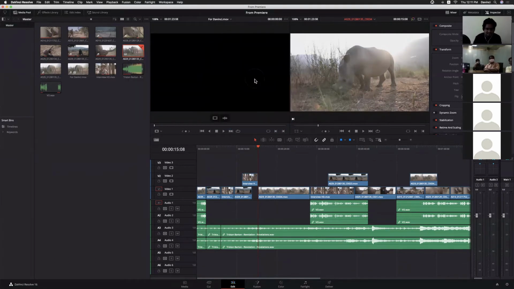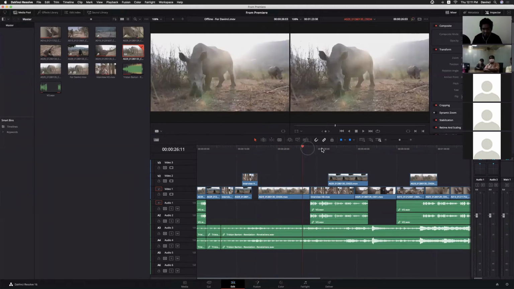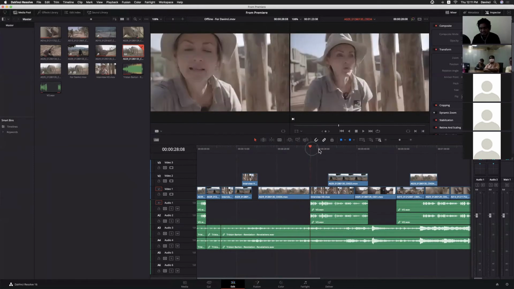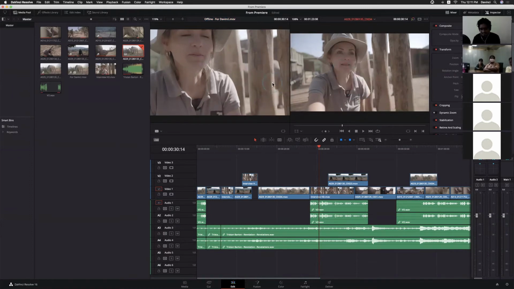Click this option and you just need to select the offline clip here so that we can see whether we reconnected everything in an actual way. Right now it's properly relinked with the original one. We don't have any difference in the framing and everything. And you can even mix and see each and everything.